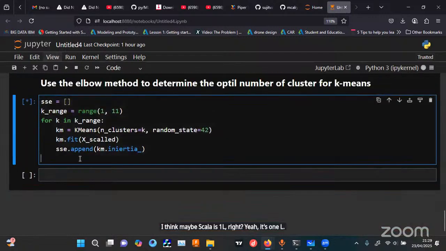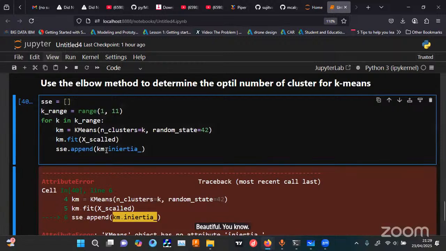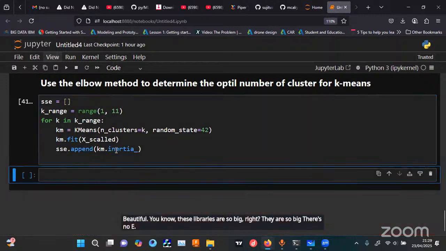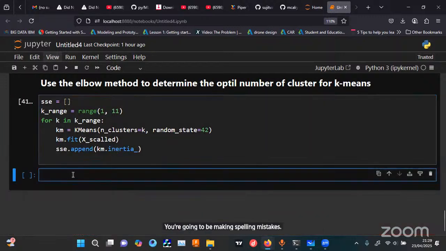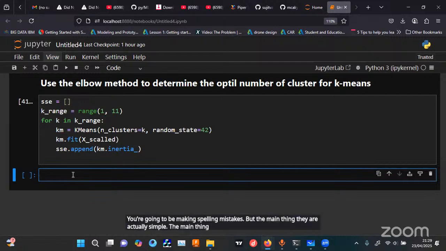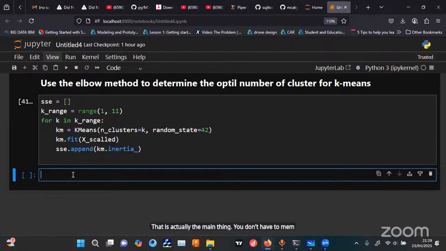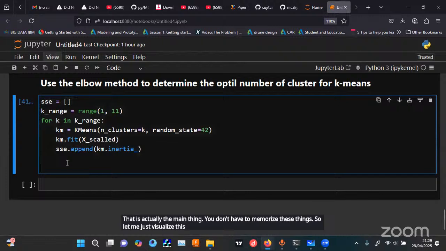Beautiful. You know, these libraries are so big, right? They are so big. Inertia, there's no E. You're going to be making spelling mistakes. But the main thing, they are actually simple. The main thing to understand is how this algorithm is working under the hood. That is actually the main thing. You don't have to memorize these things. So let me just visualize this for you so that you understand why we even call it the elbow